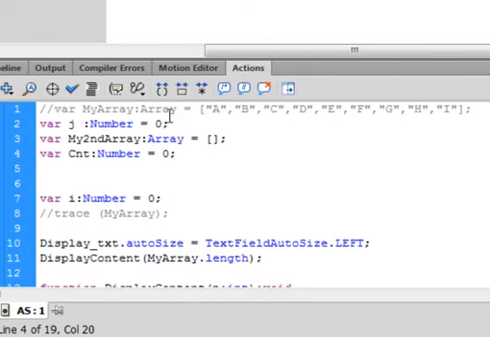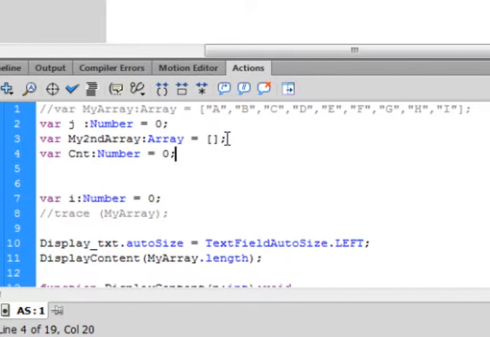I like to put a value in there. We're making a new array, so var myArray, capital M, 2nd as in second, capital A, that's my second array, colon Array equals open square bracket,